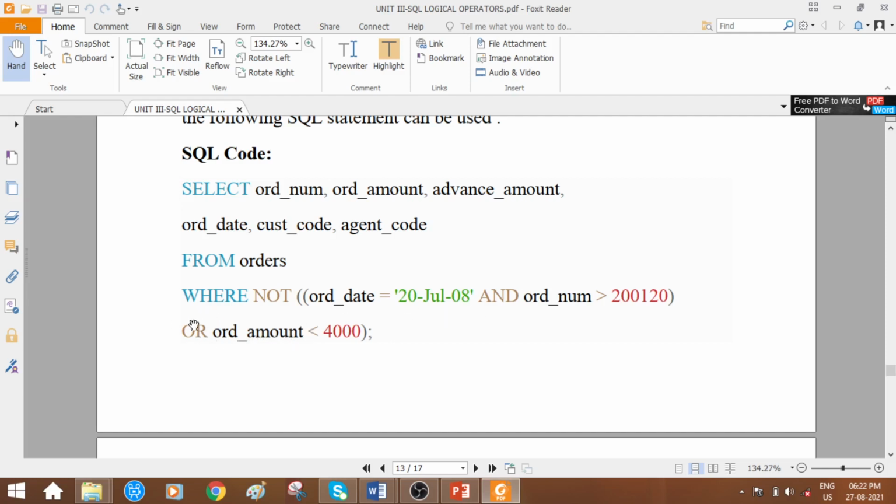In the logical OR, if either of the conditions is true, it should return a true value. That is the condition, right?